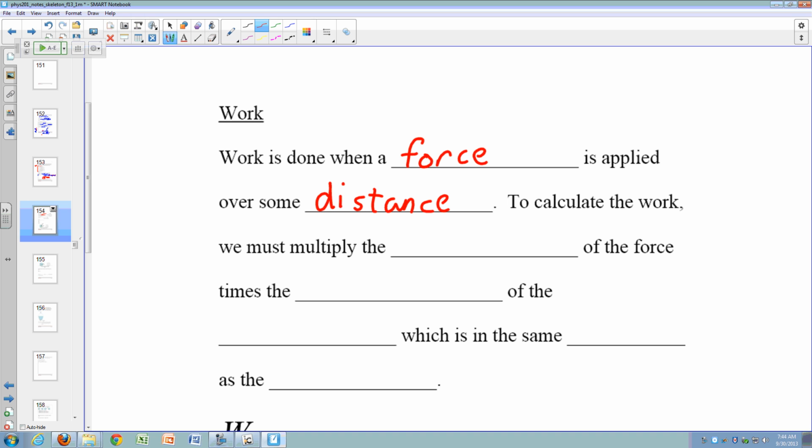And to calculate the work, we must multiply the magnitude of the force